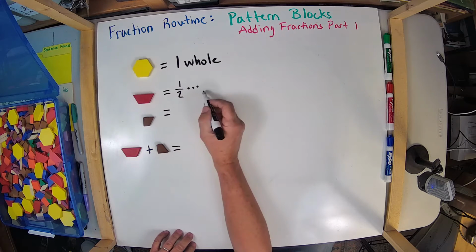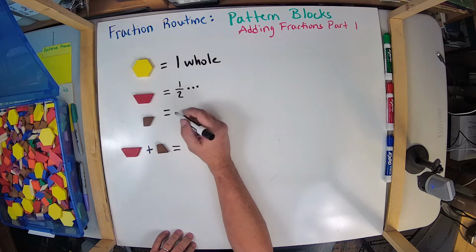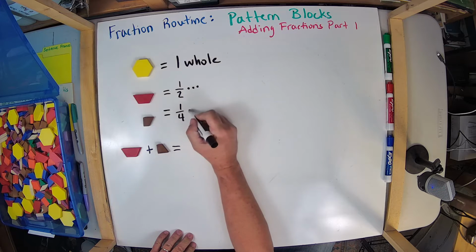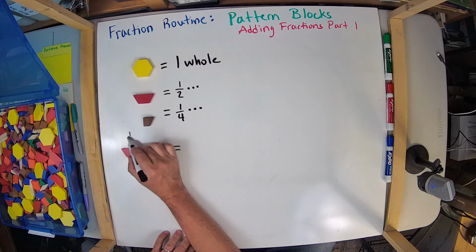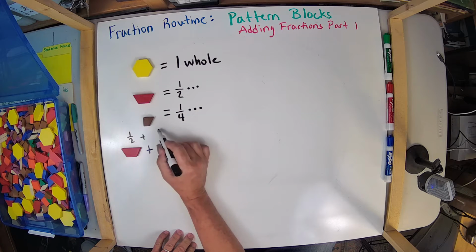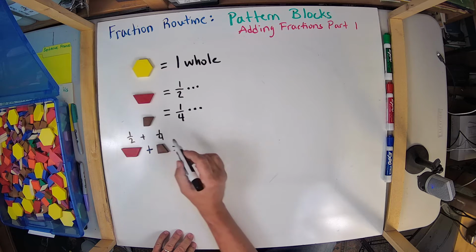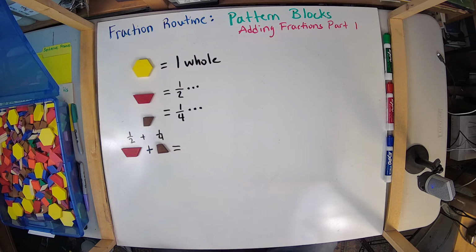I want the reasoning to be attached to it. And the fractional value of the brown trapezoid is 1/4. Again, I want the reasoning attached to it. So what I have here is 1/2 plus 1/4. We've done this problem multiple times, and that's what you do. You create a very familiar problem, and then you cover it over using a variety of different routines or strategies